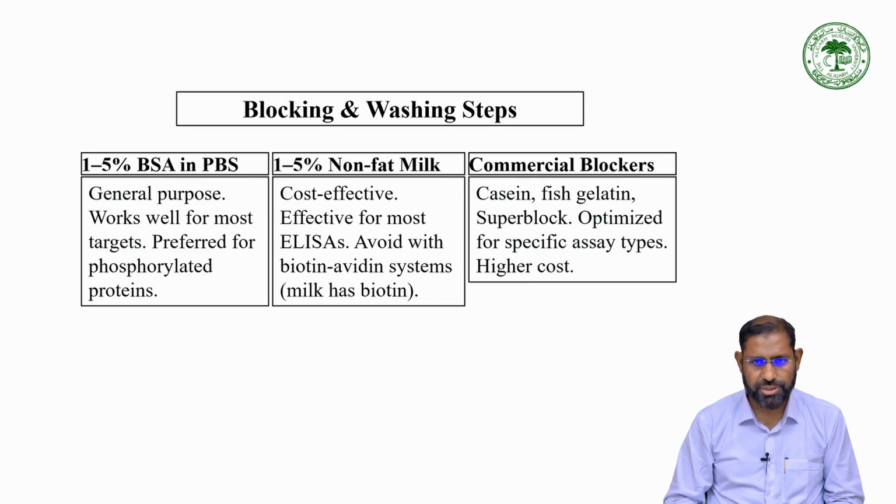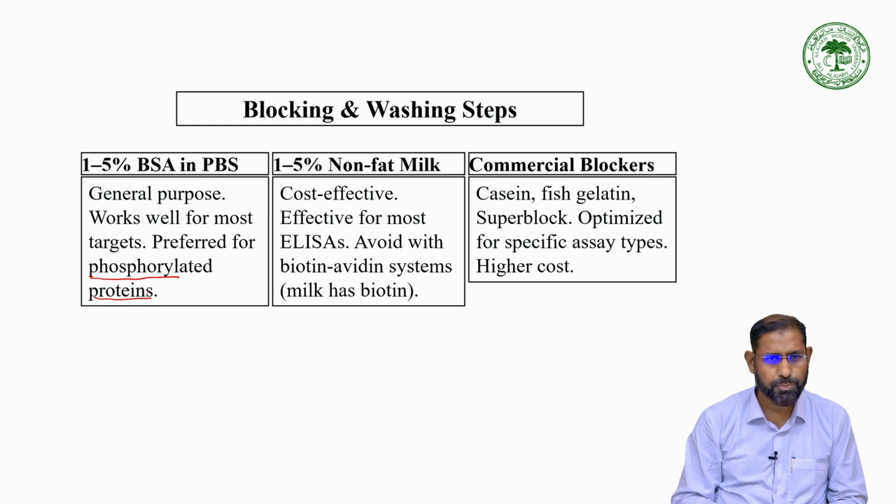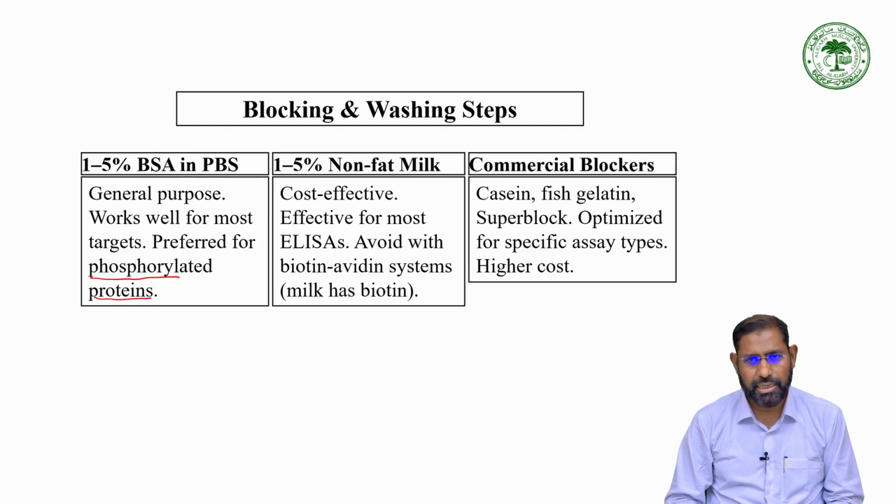Blocking and washing step. BSA is a general purpose blocker, works well for most targets, and is preferred for phosphorylated proteins, when we use 1 to 5% BSA in PBS, or when we use 1 to 5% non-fat milk,